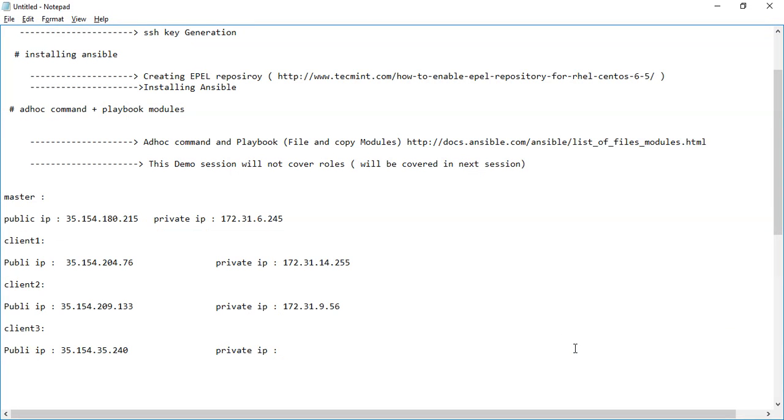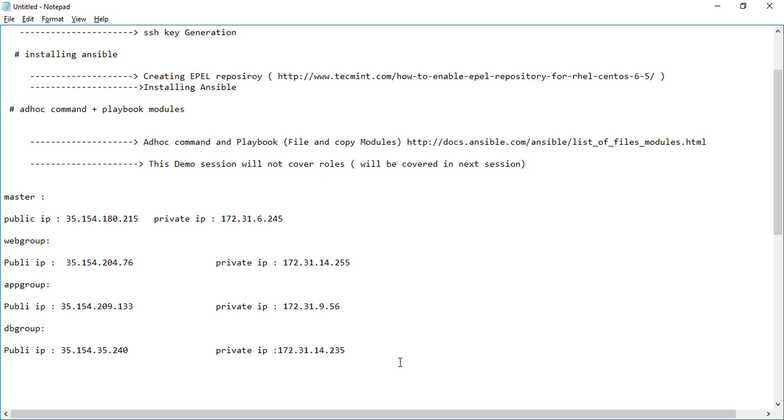Next is private IP. So what I'll do is I'll change this as web group. Group. DB group. Fine. Now what we need to do is we need to use this public IP to connect from